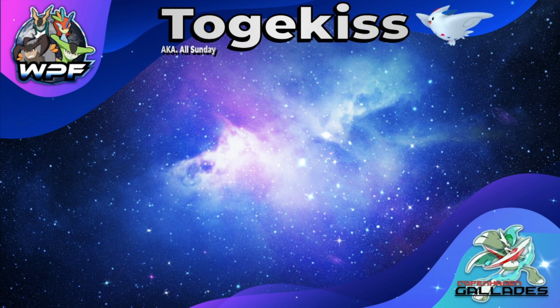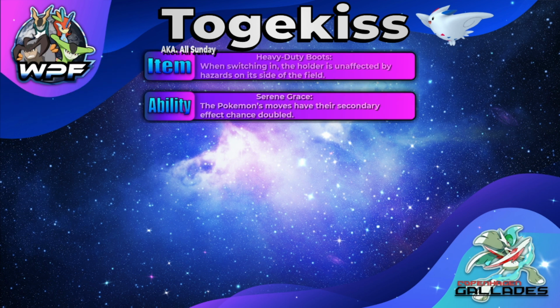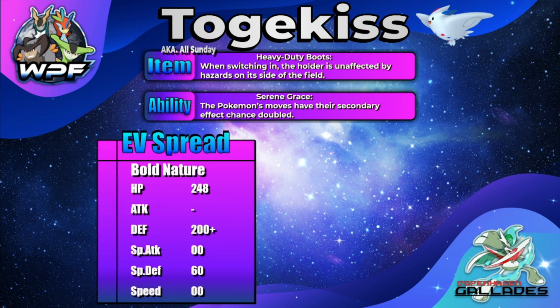Now, next up, we are already starting our defensive core just because our first 2 mons break through his team so well, I don't need any more. So Togekiss this week is going to be Heavy Duty Boots because I don't want to take any rocks damage. It's going to be Serene Grace just because I don't want to run Hustle or Super Luck this week. We are a Bold Nature with 248 HP, 200 defense, 0 attack, 60 special defense,